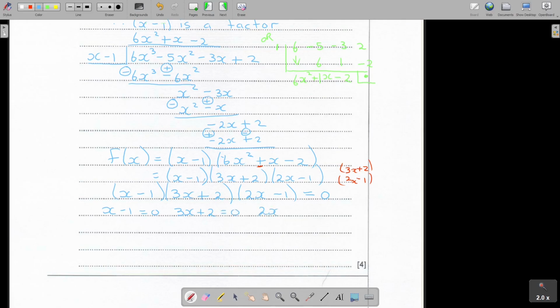You don't have to do this long step. I'm just doing it now for the video. So therefore, you get x is equal to 1, or you get 3x. Okay, I'm going to make that one easy. So it's negative 2 over 3, because you can see if it goes over negative 2, divide 3, or you can get x is equal to a half, and that.